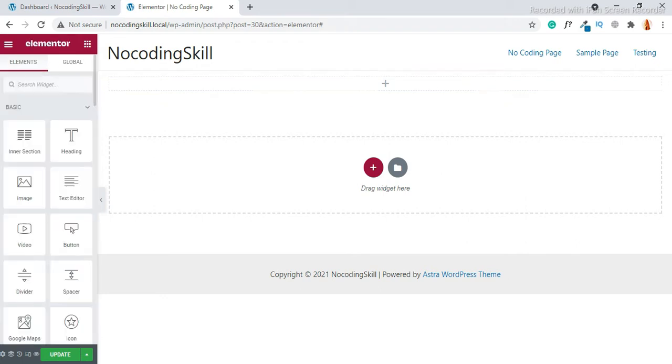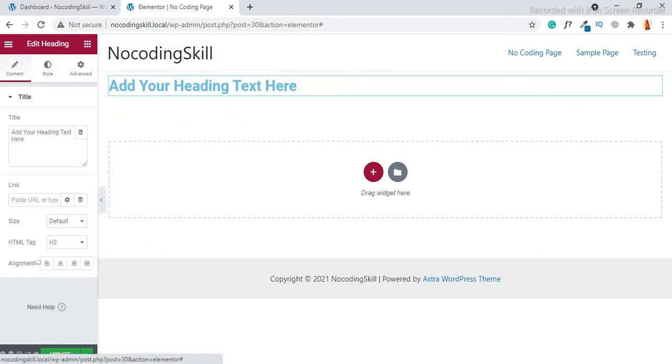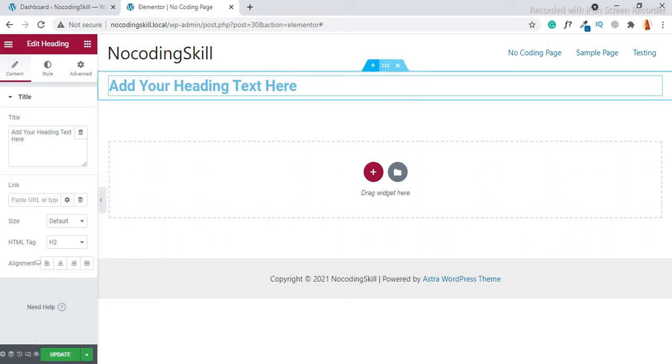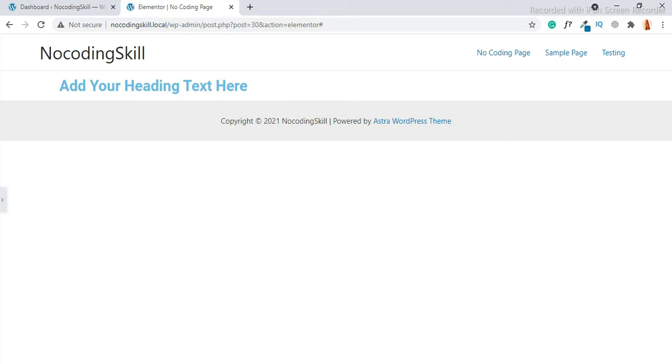I'm taking a heading to show you what's the difference between boxed and full width. Click over here. When I choose boxed, just hide this panel, you can see the content starts from here.